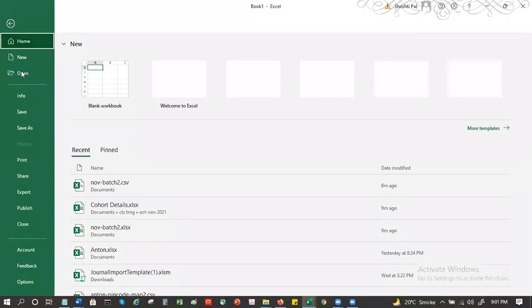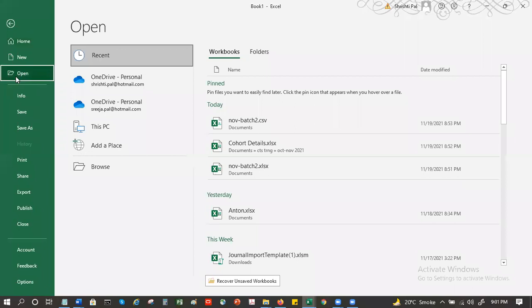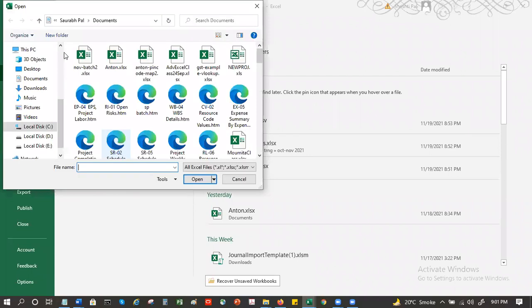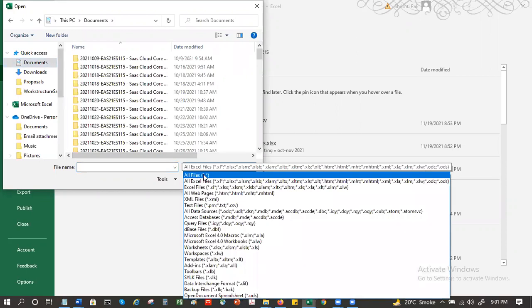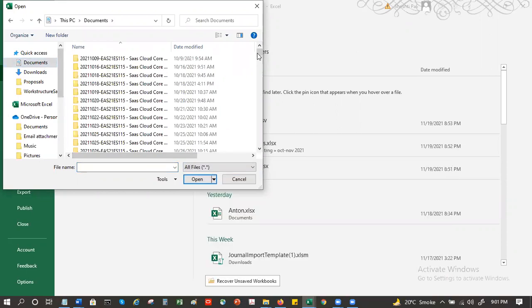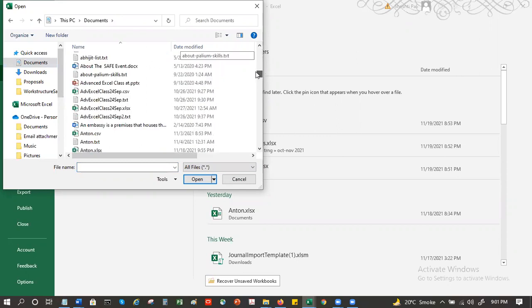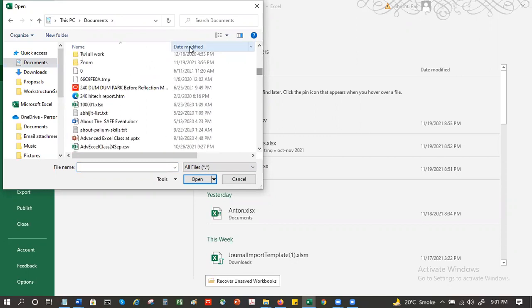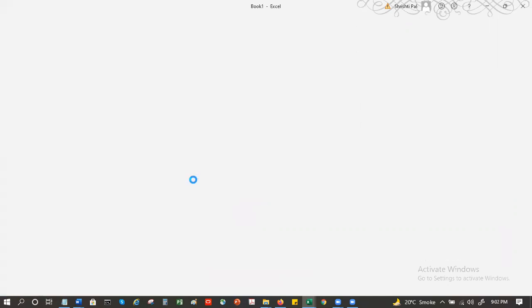I'll open an Excel sheet. I'll go for Open. Then I'll take that text file by browsing, from the saved place. Say, for example, if I've saved it on the desktop, I'll take it from the desktop. Yeah, I'll choose all files. So I'll search for the name. If there are a lot of files on my system, I'll take it. Correct.